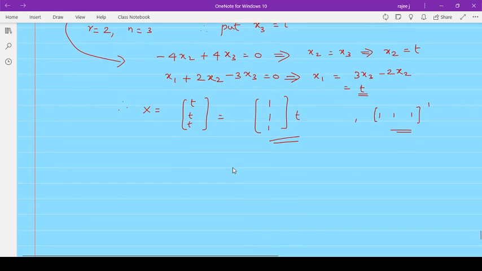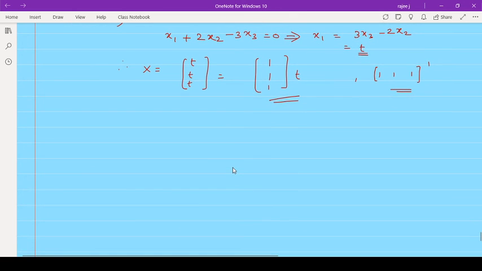Now the second case, when the roots are repeated, you will do it for one time only. So when lambda is equal to 1, the roots are repeated. So let (A minus lambda I) x equal to 0 be the eigenvector equation. Then we are subtracting 1 from the diagonal elements and we are getting 1, 2, 1, 1, 2, 1, 1, 2, 1, all the three.